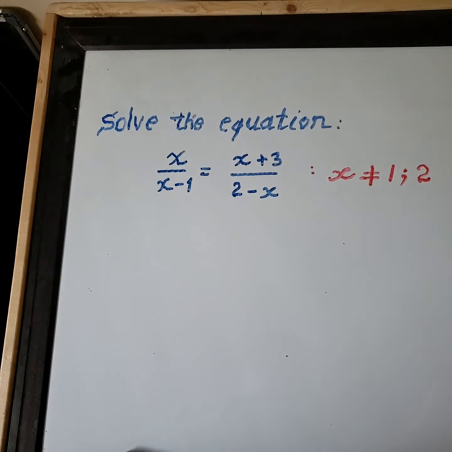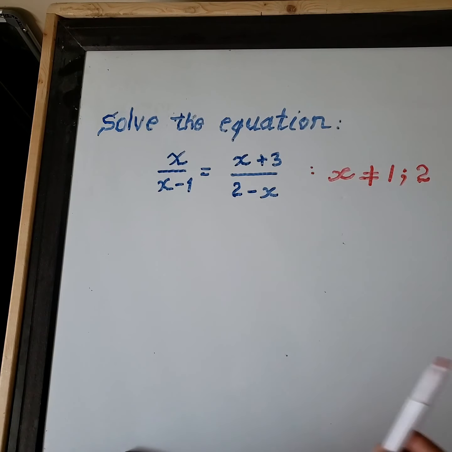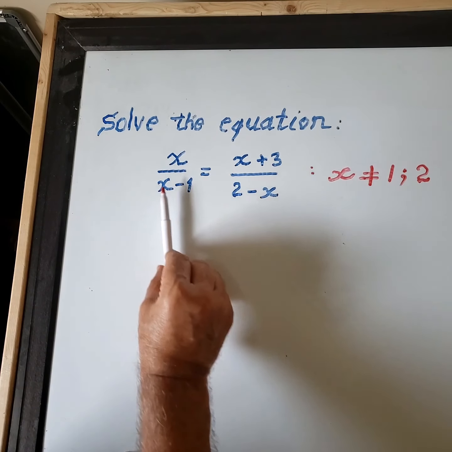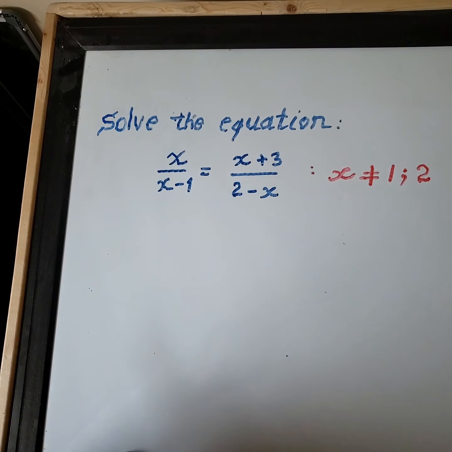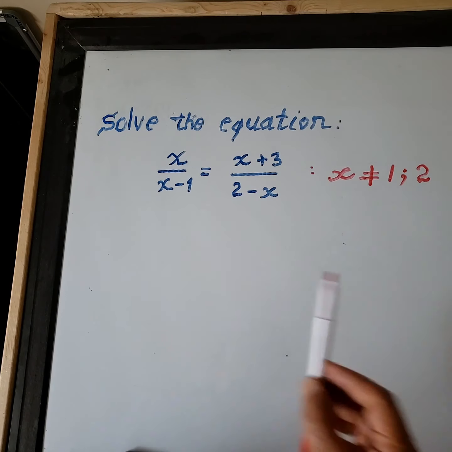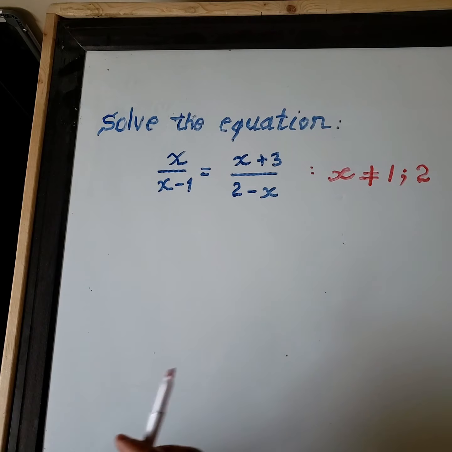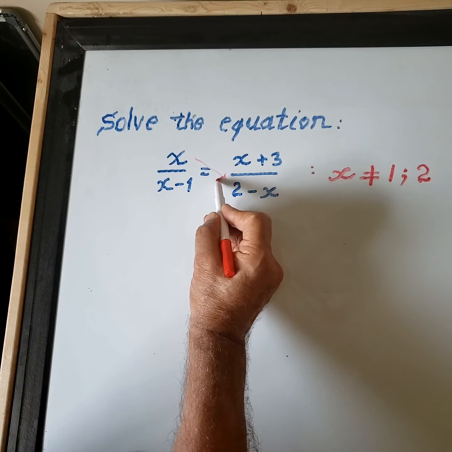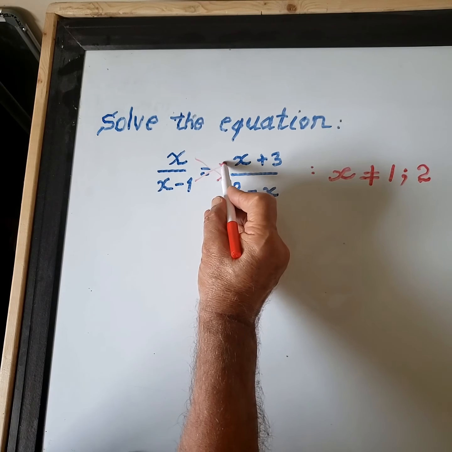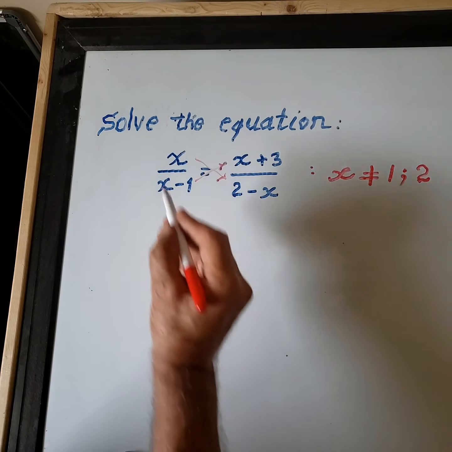Okay, now how can I start? You see, here is a fraction and here is a fraction. I can eliminate these fractions by cross multiplying, by multiplying those together and multiplying those together and putting them equal. So I will write here